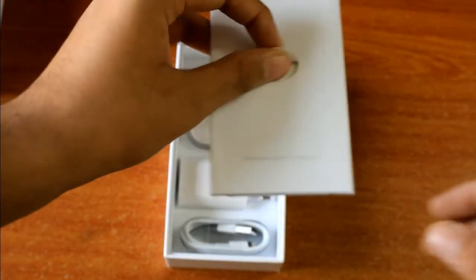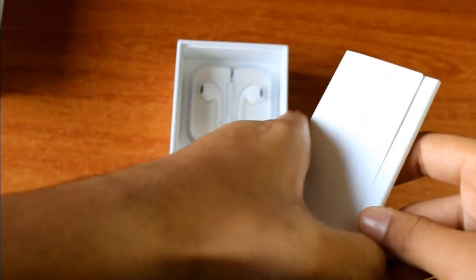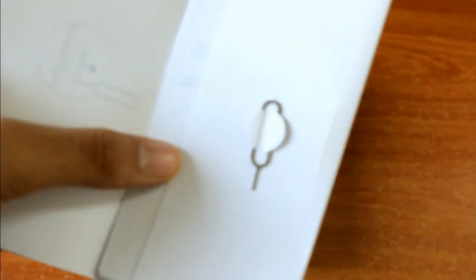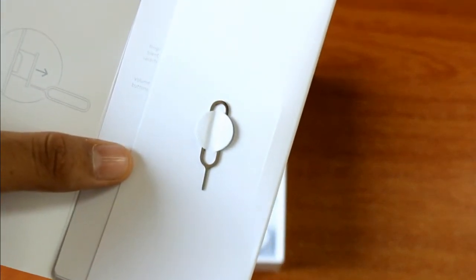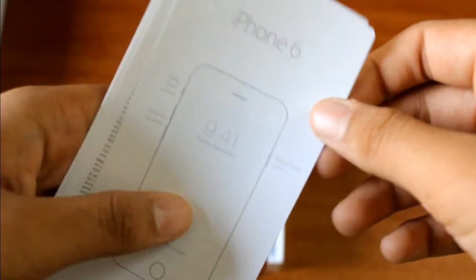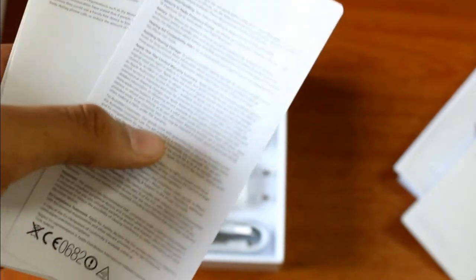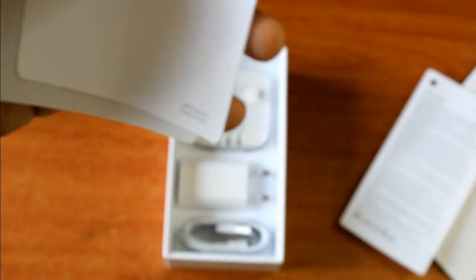There is the literature manual or the paperwork which says designed by Apple in California. Let me just open this up. We have our SIM removal tool, and then we have some of our documents like the 6 starter manual, which just shows you a quick start guide, which shows you some buttons and the Touch ID button, and some welcome to iPhone, learn more, get support information on the back, some product iPhone info, India regulatory information, and the Apple